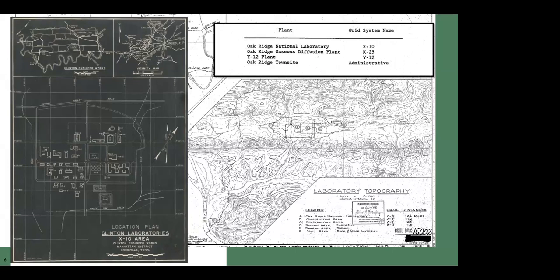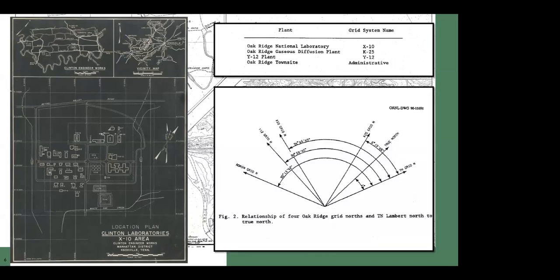So what I found out is the history was that there were a group of mathematicians, and essentially these are photogrammetrists who were brought together to create this Oak Ridge projection system. So the three sites on Oak Ridge, K12, X10, and K25, they all had their own projection system. So all the maps were made using that projection system. So by any chance, if that got leaked out and you did not know the conversion, you could not tell what the original lat longs are on this map.